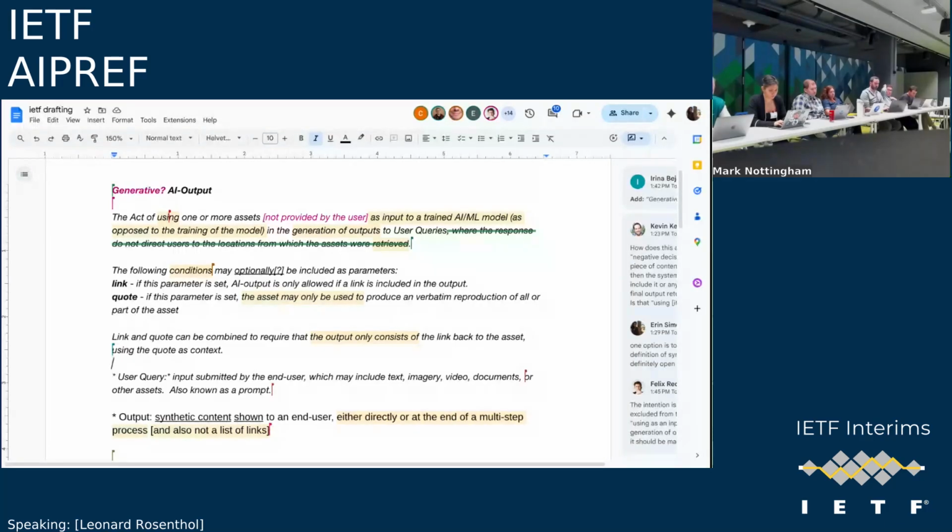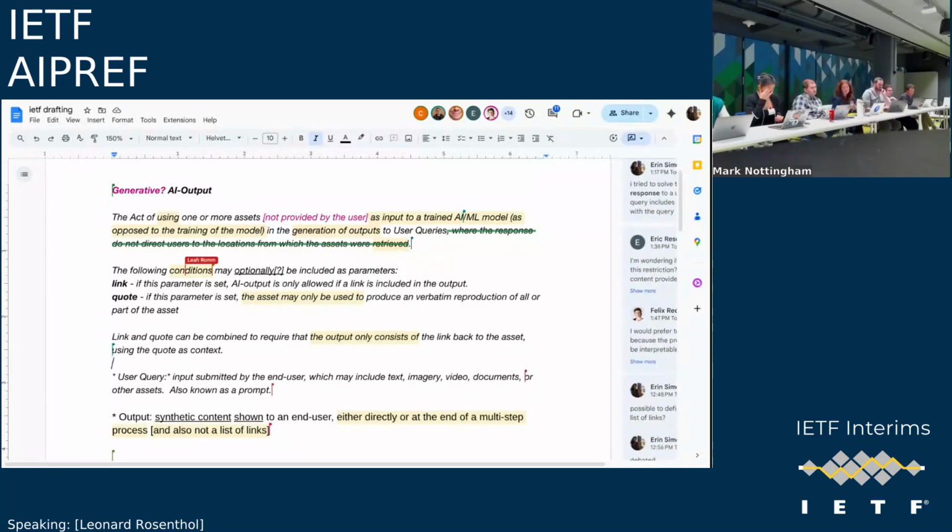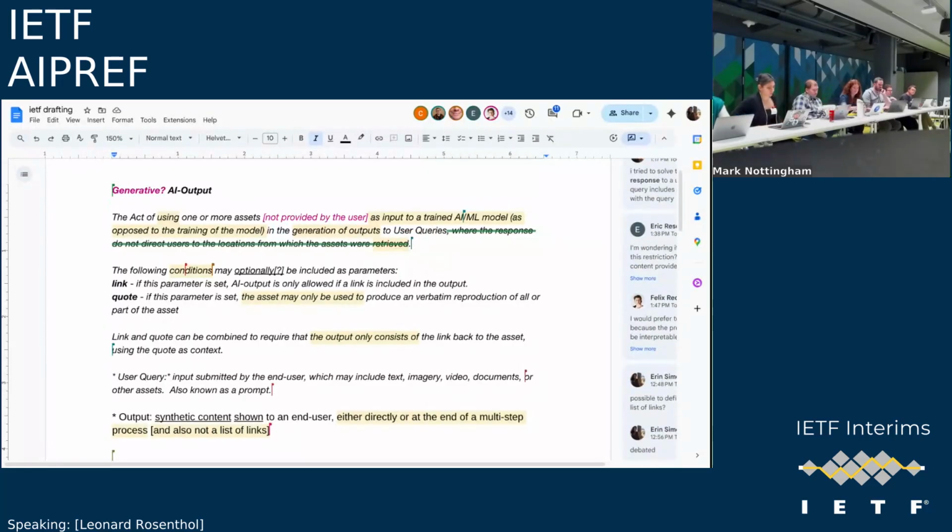I also pointed out in chat that many systems today are multi-agent. And the agent could be so far down in the multi-agent step process, it has no idea where things came from or necessarily where its output is going to be going. And so I worry that, and this was also pointed out by someone else, I forget who, I apologize, in chat, that at a certain point, we're starting to step over into things like WebBot Auth. We're not necessarily the auth, but as much as those preferences.